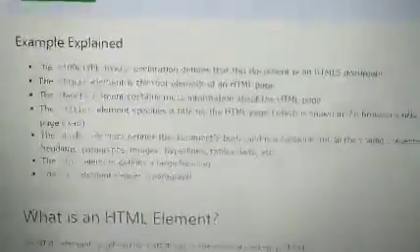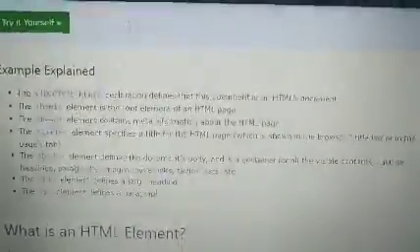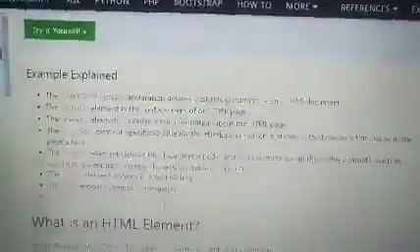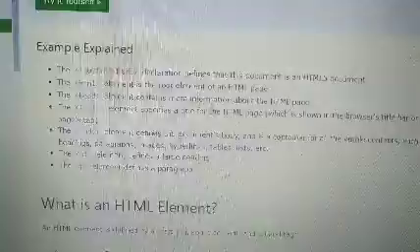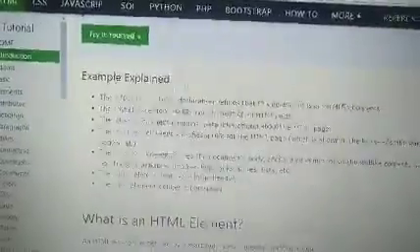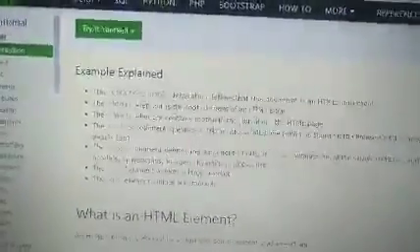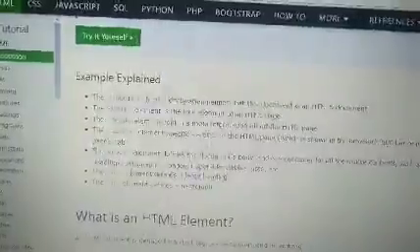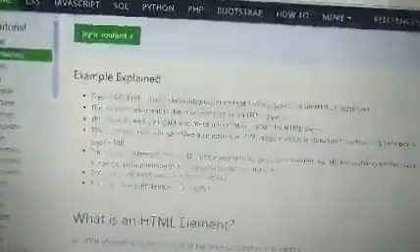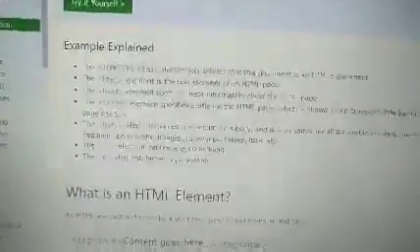Next, the body element defines the body of the document. Whatever you write under the body tag is the only thing that is visible. Next one is the H1 tag. The H1 tag is defined for a heading. Heading and head are both different. Head is given for the title of the page, which is not visible in the browsing section or in the body, but H1 is used to give the heading of any content. P defines the paragraph.